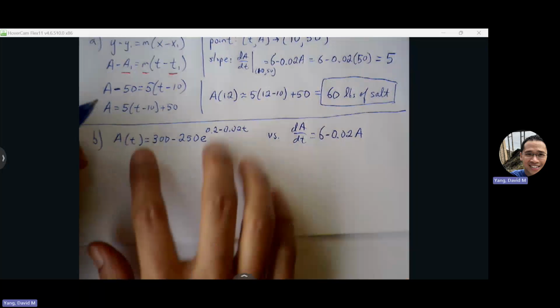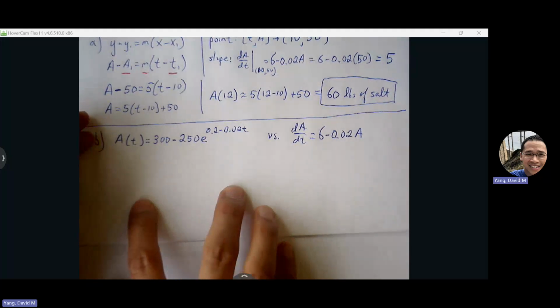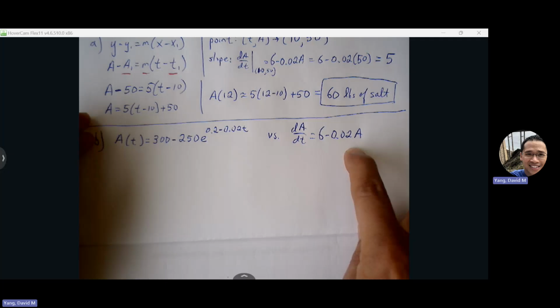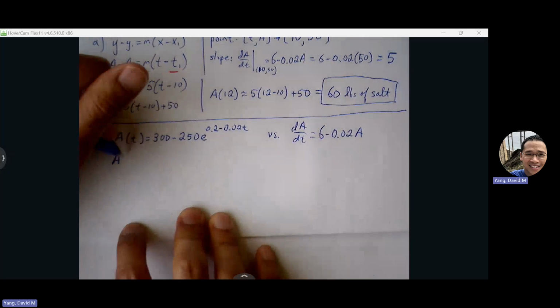Let's build our A prime from our own derivative rules, and then we'll see if the derivative can somehow match with that. So A prime,